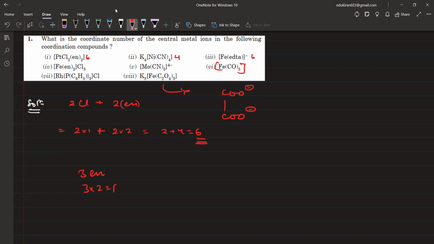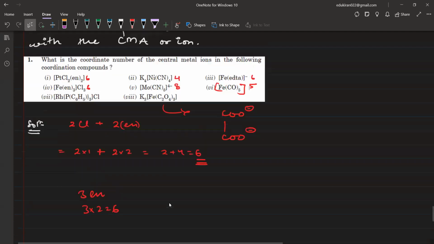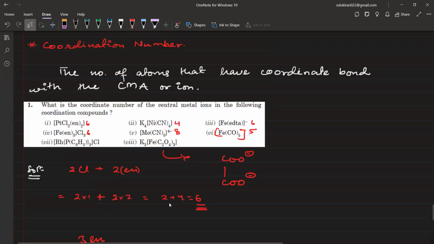है ना? यहाँ पे भी ये 6 हो जाएगा. यहाँ पे this is going to be 8. It is Cn monodentate. Here it is going to be 5. Here, what do we have? We have phosphorus, and then we have C6H5 whole thrice. So I think this is going to be what? Monodentate, right? I think आपके monodentate में था ये phosphine वाला ligand. See here. Yes, sir. It is there. Triphenyl phosphine है ना?